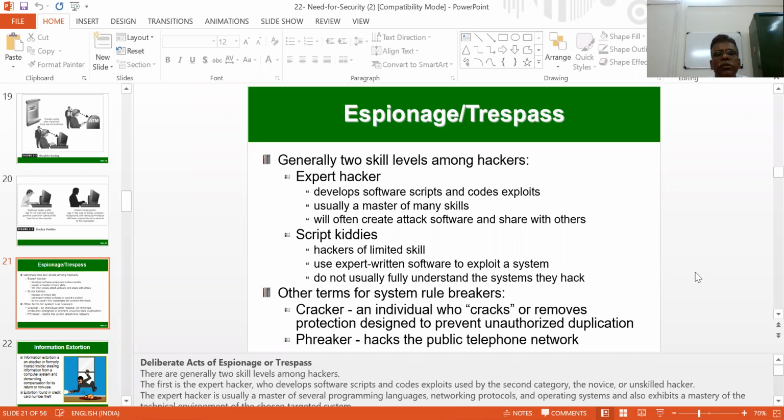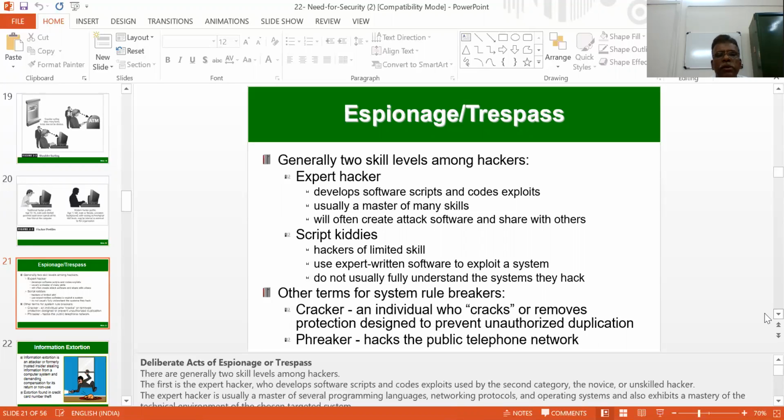Finally, is it possible to develop other terms for systems, in which way they are going to be broken? We can call them rule breakers, crackers, especially those who crack, remove or ultimately delete, and are not in a position to get the flow back. We can say the cracker, involving protection designed to prevent unauthorized duplication, even a copy of the available information, and how they can make a shortcut or duplication flow of the data.